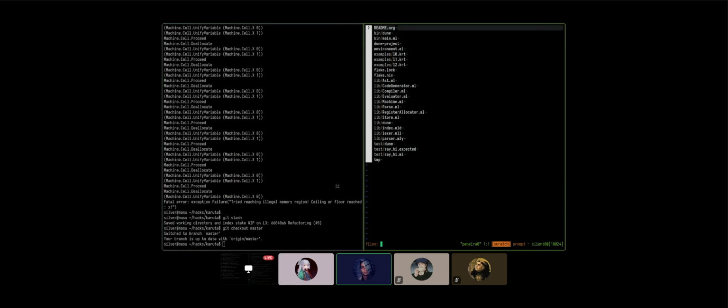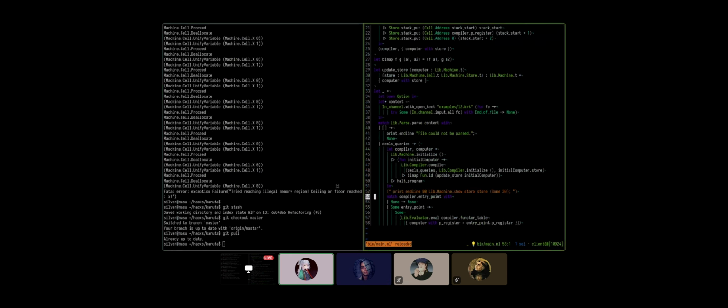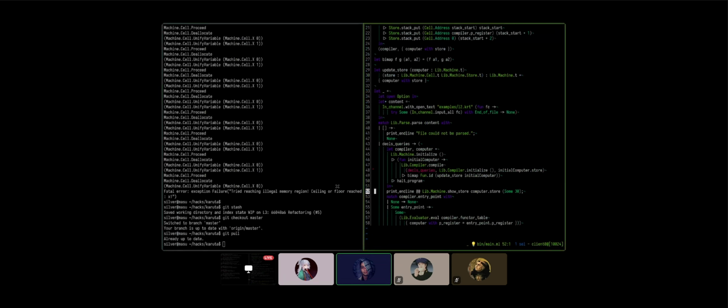Pull master. Check if main is running L2. It should be. And it now is. Go for it. We need to print the store though. Yeah. And do the same trick, computer.store. If this is messed up, I wonder how we did that. But okay.